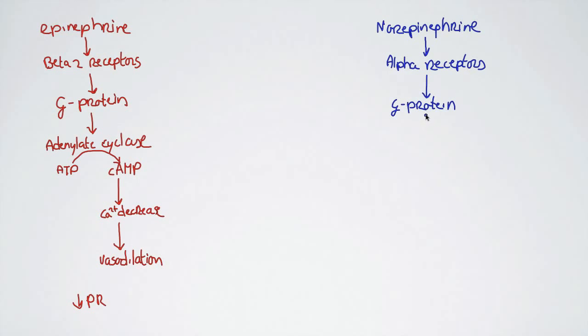However, in this case, the G protein is not going to activate adenylate cyclase. It's going to activate phosphatidyl inositol,